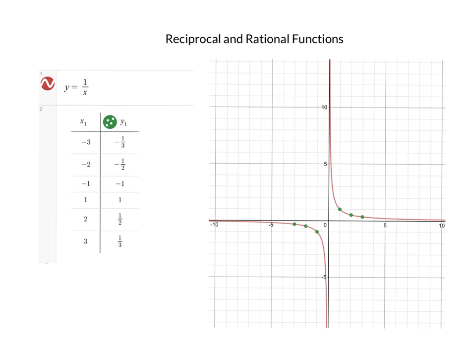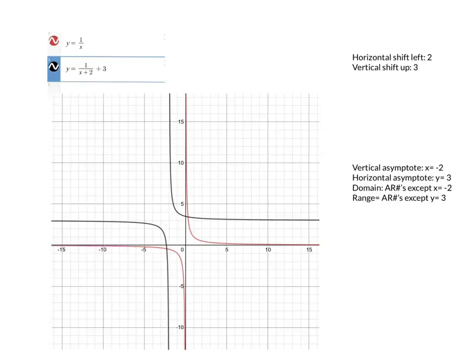Hey guys, so today we're going to be learning about reciprocal and rational functions. Y equals 1 over x is the reciprocal function. This is my table of values, and then this is them graphed. As you can see, we once again have y equals 1 over x graphed in the red, but in the